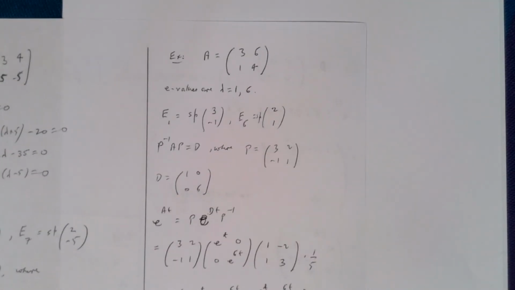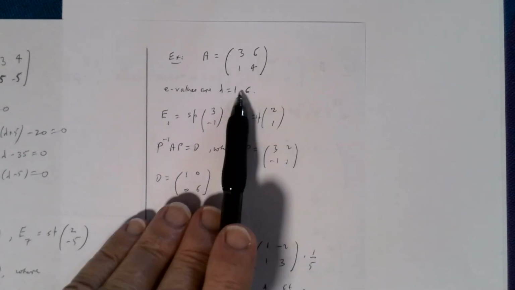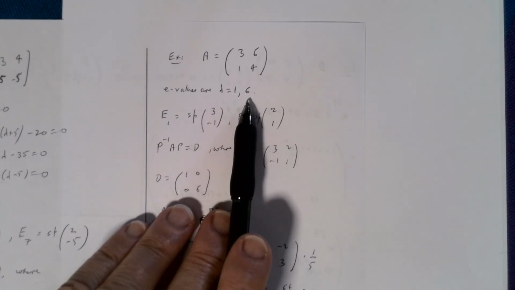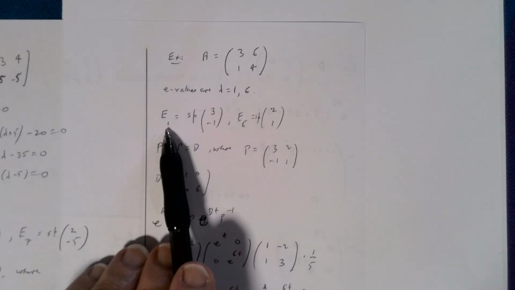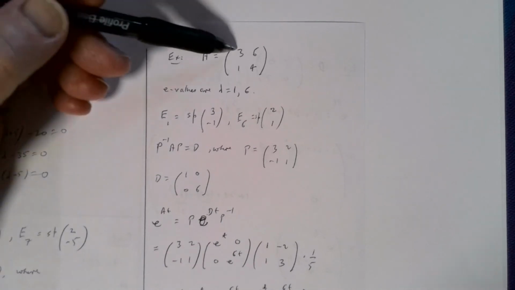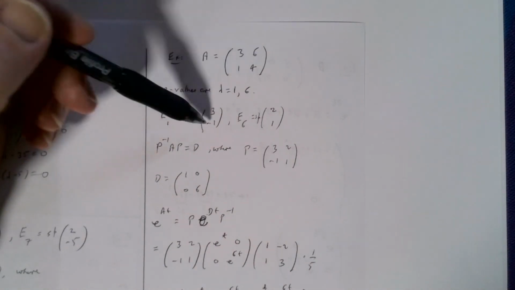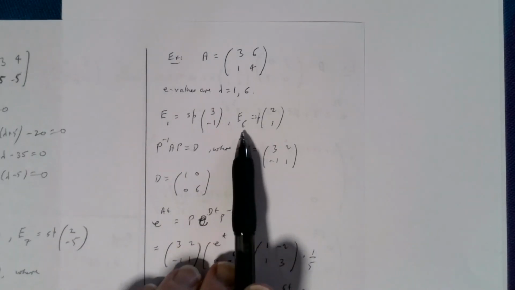So here's our matrix, 3, 6, 1, 4. I'll leave you to check. The eigenvalues turn out to be 1 and 6. And if you subtract 1 off the main diagonal, then the eigenspace for 1 will give you 2, 6 here. And so I need 3 of those and minus a 6 to give me dot product 0. The eigenspace for 6 is 2, 1. Similarly,